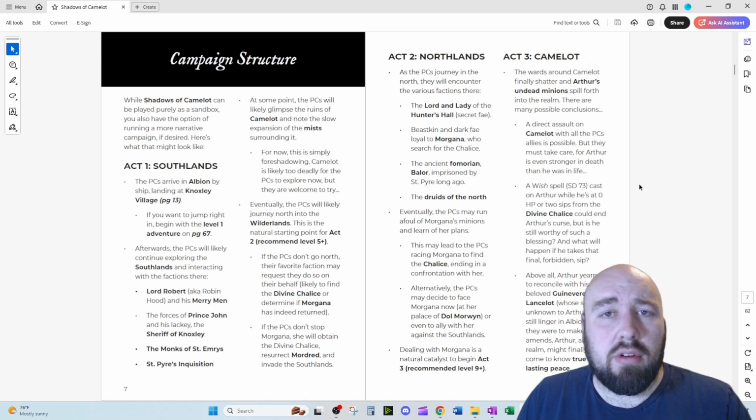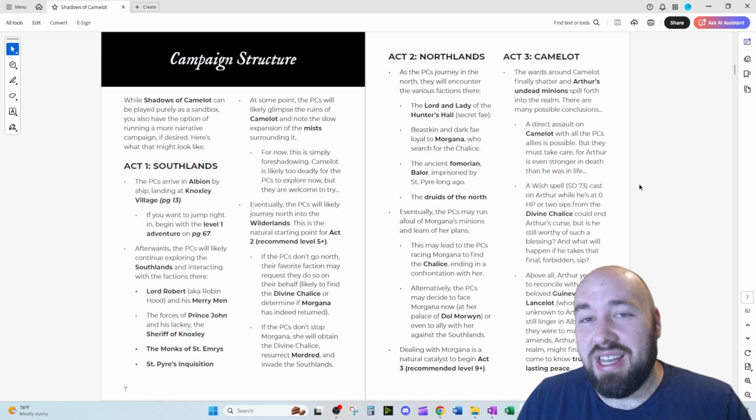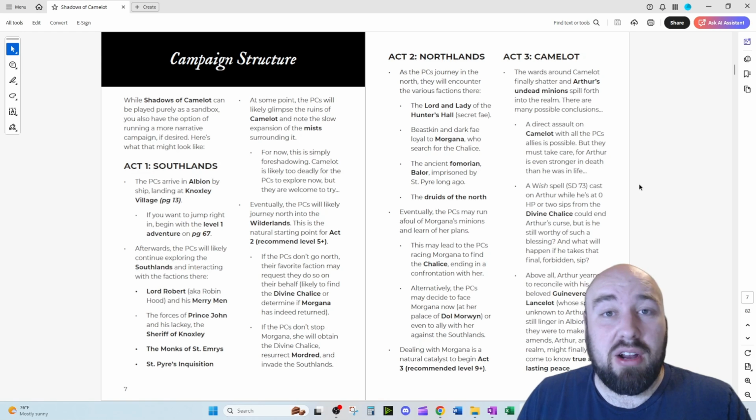Act 2 really covers the Northlands, and that's going to be a combination of the Wilderlands and the Fey Woods. And as the PCs continue journeying in the area, they'll run into the various different factions in those regions, including the mysterious Lord and Lady of the Hunter's Hall, who are definitely willing to offer a safe haven, but they've definitely got some secrets of their own. The players may also run into Beastkin or Dark Fae loyal to Morgana as they continue their search for the